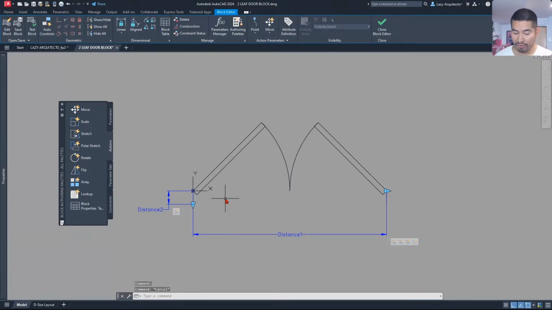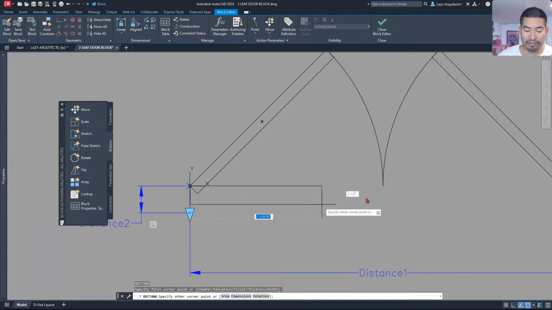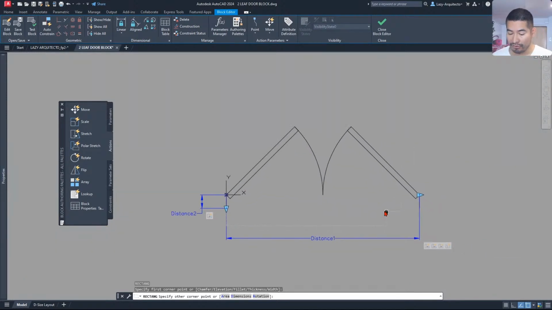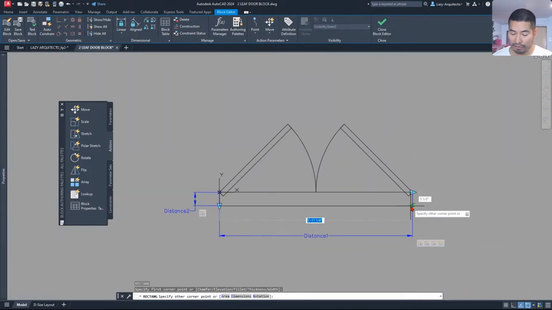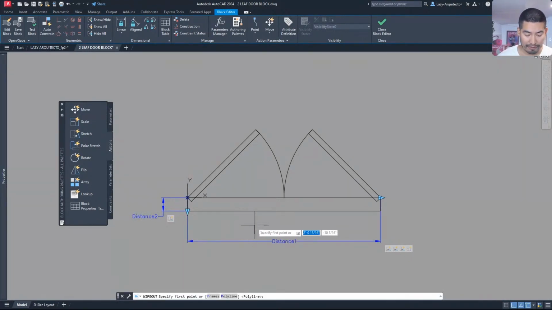So I'm going to draw a rectangle like so, from this point all the way up to here. Then I can use the wipeout command, use the polyline option, and simply select my rectangle,